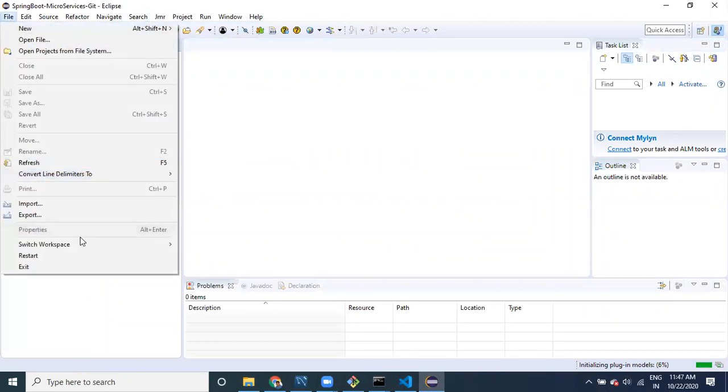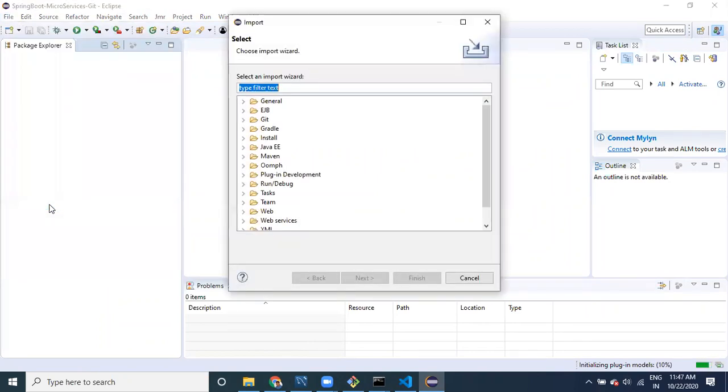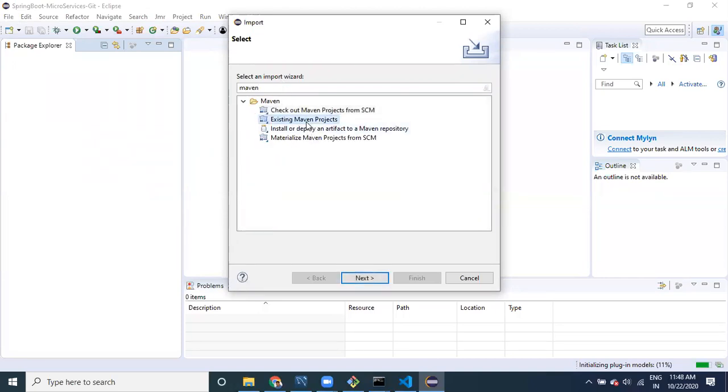So first we need to say import, import, Maven, existing Maven project.